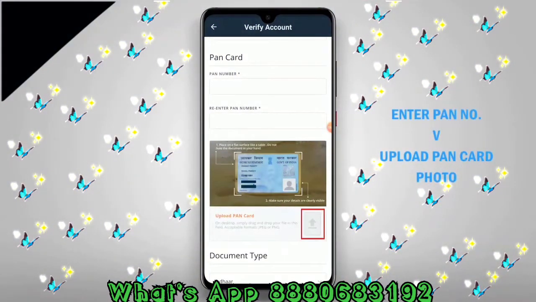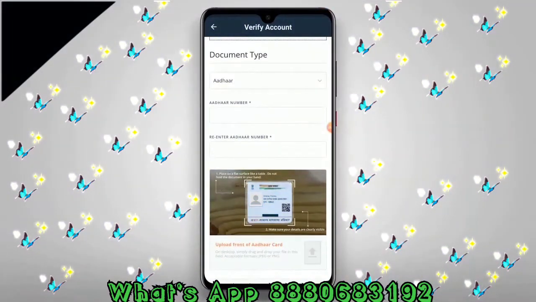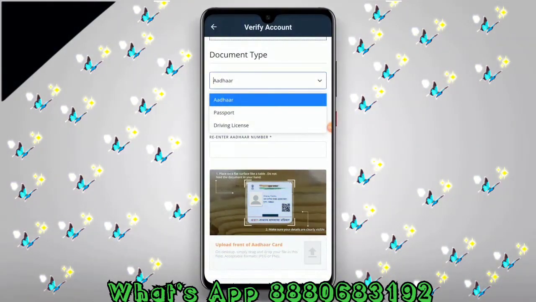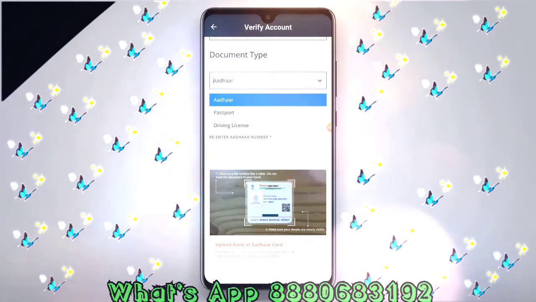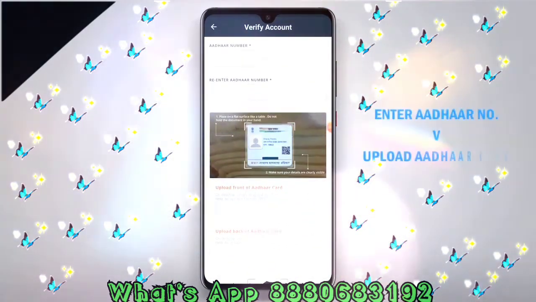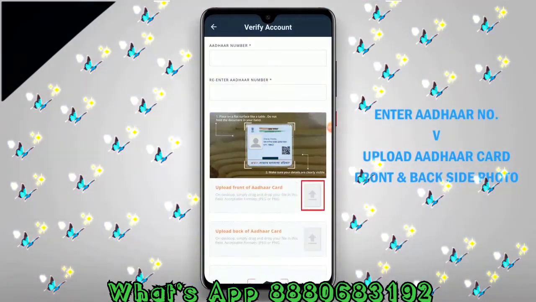If you are not filling as per document, then your KYC will be rejected, my friend. This is very important. Upload Aadhaar card and PAN card and selfie with Aadhaar card. This is a very simple process, my dear friends. No need to worry. Only 3 steps we are covering: email verification, mobile number verification, and uploading documents. This is a simple process.